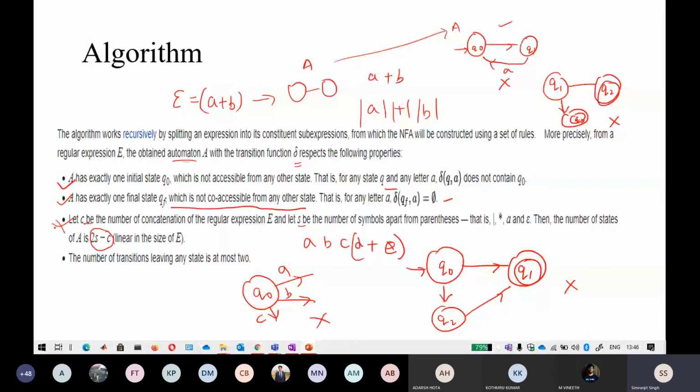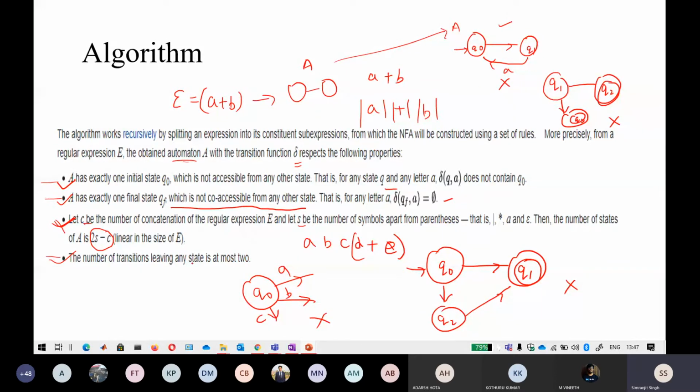This is a bit difficult to understand, so don't worry about it right now. These three I think you have understood perfectly. I will tell you a little more about it later. If you see, the algorithm has a lot of limitations.